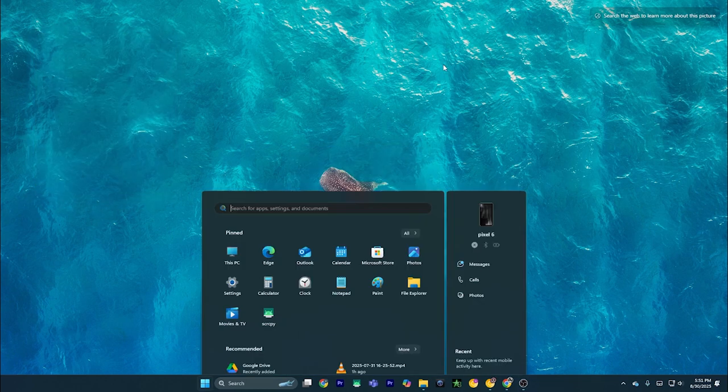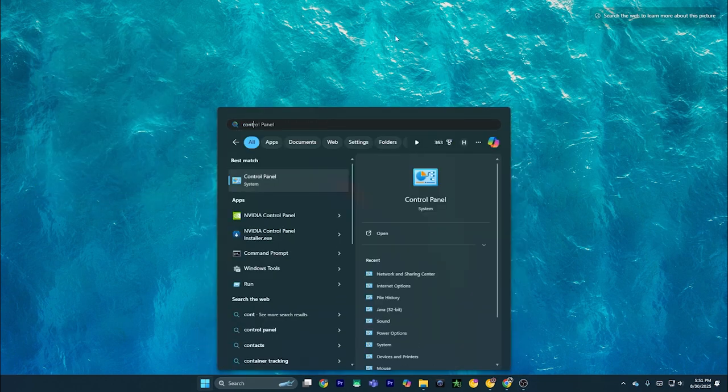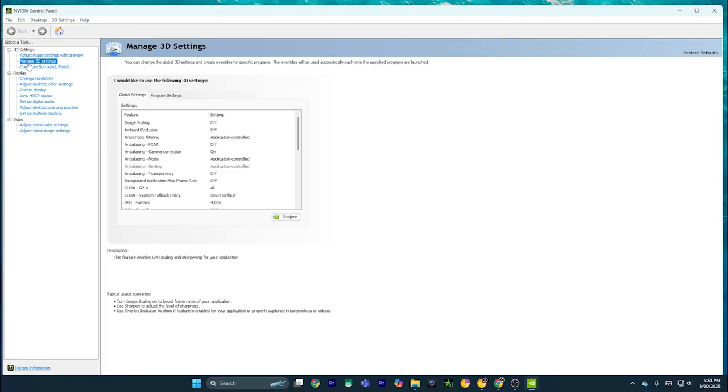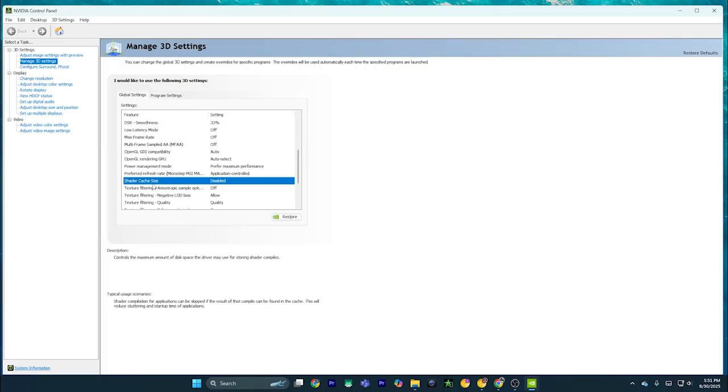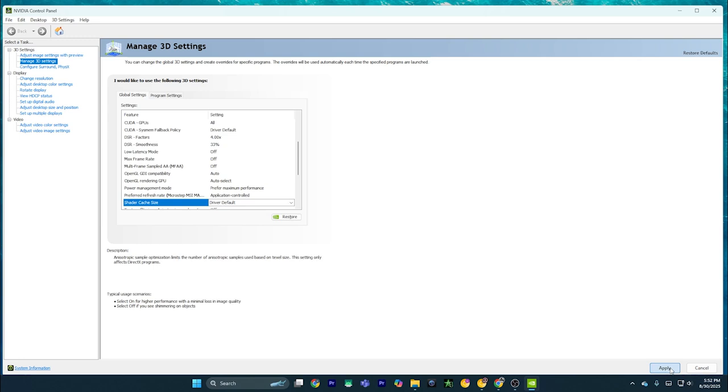Once it's done, you have to go back to the NVIDIA control panel. In the Manage 3D settings, scroll down and go to the same setting, which is shader cache size. Select the drop-down menu and select driver default. Click on apply and you're good to go. And that's simply how you can fix NVIDIA FPS drop and